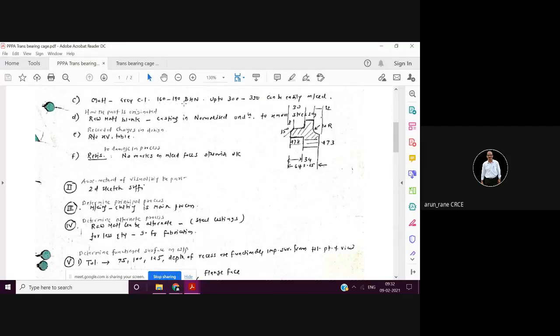Now 160 to 190 BHN is relatively quite soft. Up to 300 to 350 BHN, you have to remember this, can be easily machined. Or if you talk in terms of RC, then up to 20 to 25 RC you can machine it easily. Sometimes even up to 30 also. So that's why most people go for pre-hardened material. If it is pre-hardened material, then the hardness is around 25 to 28 RC, which can be machined easily. And since it is pre-hardened, the material also gives you a good finish.